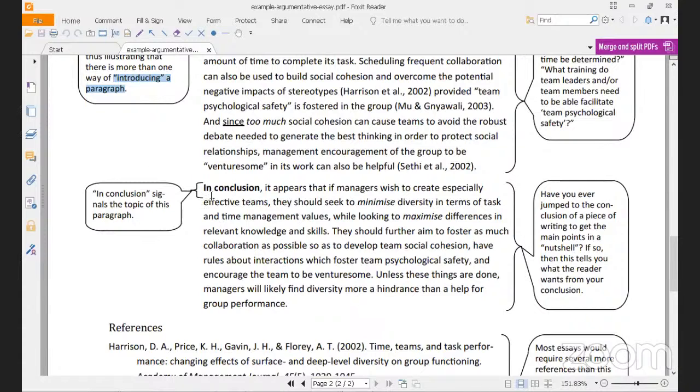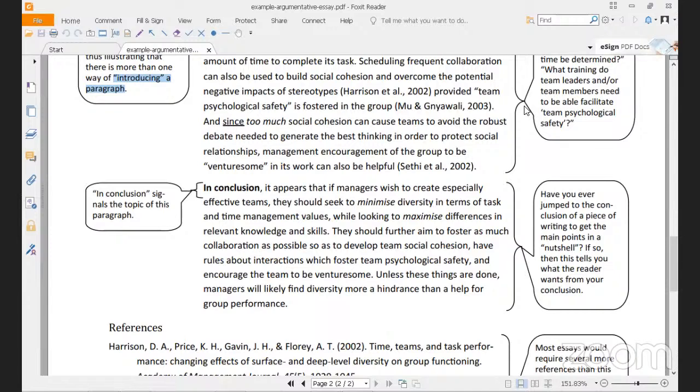Let's go into the conclusion. In conclusion, it appears that if managers wish to create especially effective teams, they should seek to minimize diversity in terms of task and type management values while looking to maximize difference in relevant knowledge and skills. They should further foster as much collaboration as possible so as to develop team social